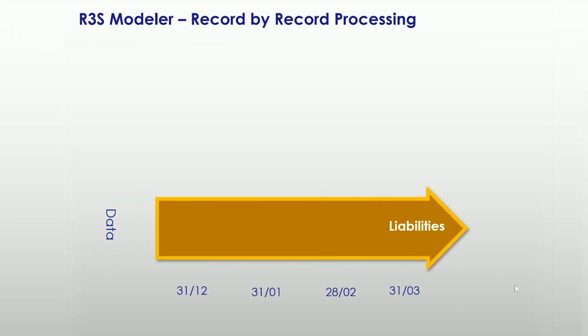Record by record processing. It may be that the runs can be processed without the need for global decisions. For example, if all the assumptions to be made about the future can be decided before the projection starts, then policies can be processed record by record. Therefore, all the cash flows are projected for a particular record until the end of its life. Then all the cash flows for the next record are projected to the end of its life, and so on.